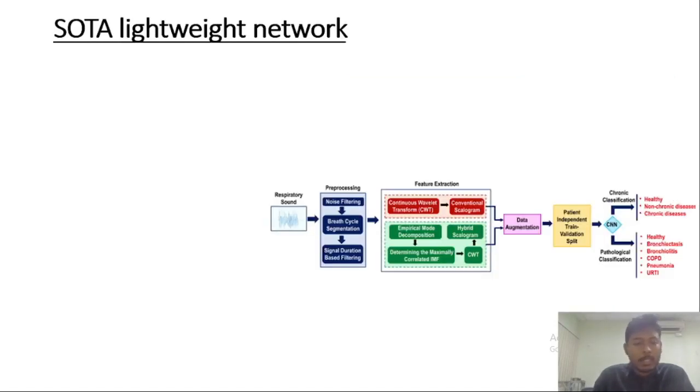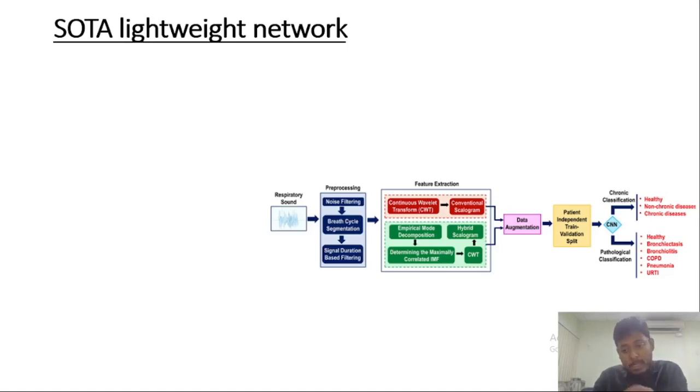So let's first discuss the SOTA lightweight networks proposed by previous papers. In this paper, they have given the block diagram in such a way that, given the respiratory sound, they have some pre-processing techniques which include noise filtering, breathing cycle segmentation, and some duration-based filtering. Then they took empirical mode decomposition as a non-stationary signal processing tool, converted the signal into some specific modes, selected these modes based on a correlation criterion, then converted them into the scaleogram,